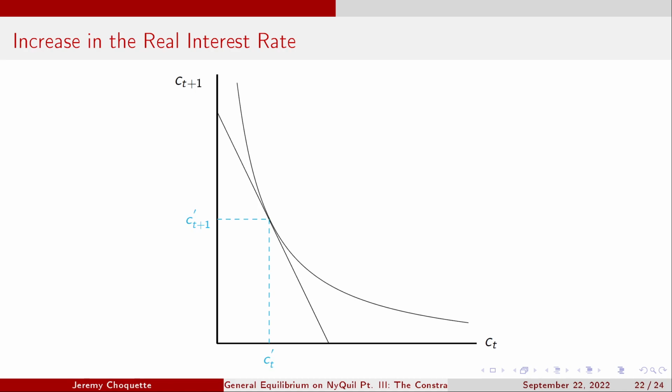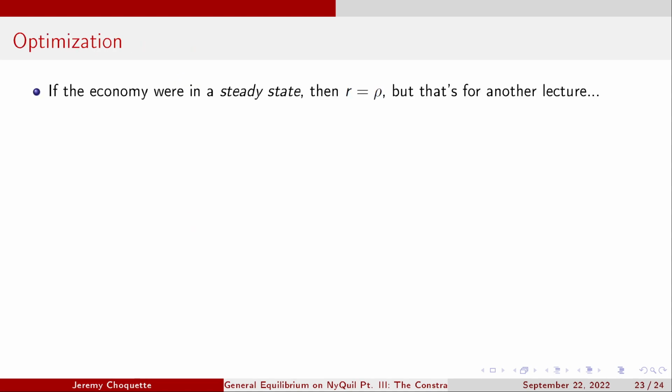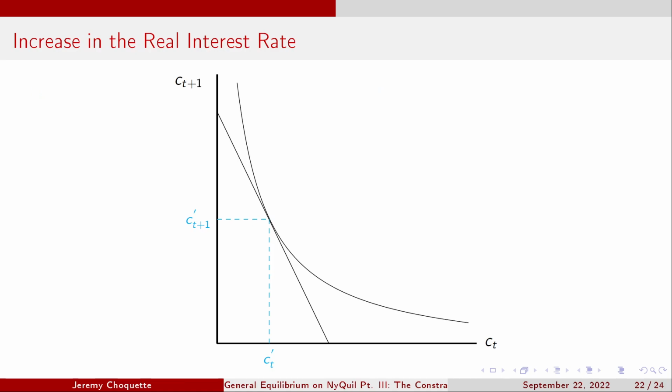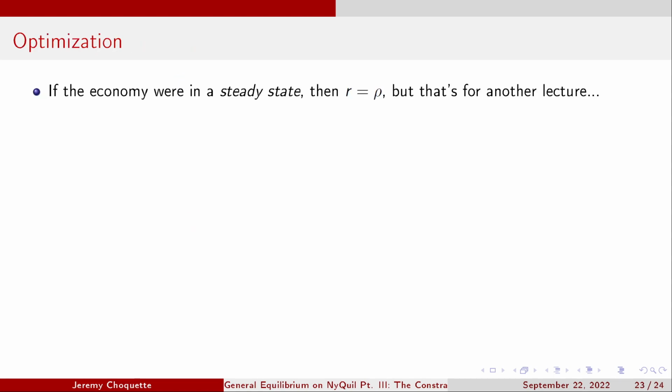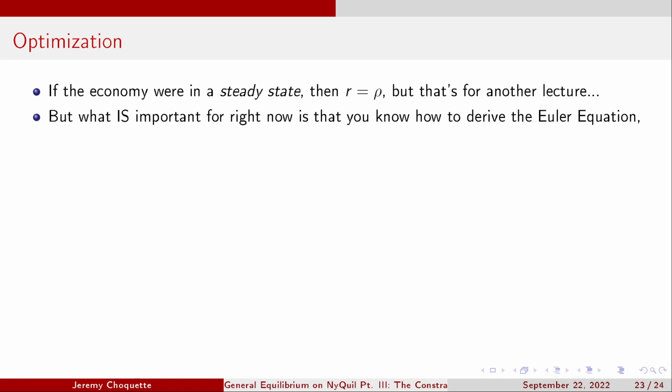So I'll call this CT prime and CT plus 1 prime. And if you were to change that interest rate, it would be reflected in the Euler equation, which would give me new values for CT and CT plus 1. Now, if the economy were in a steady state, right, where everything is just moving at the same pace, then rho would be equal to the interest rate. That's for a different lecture, but what's important right now is that you know how to derive the Euler equation